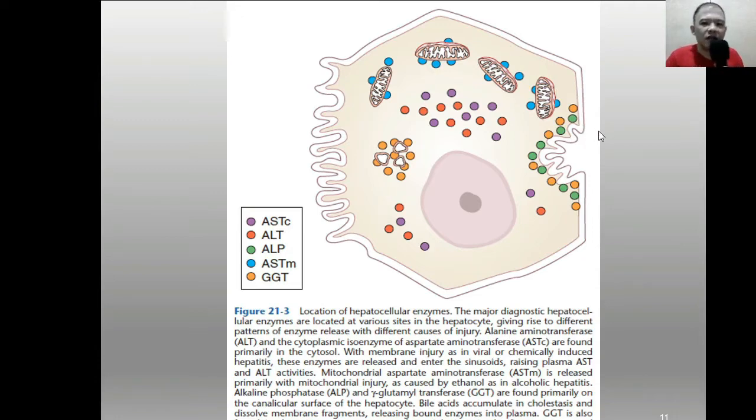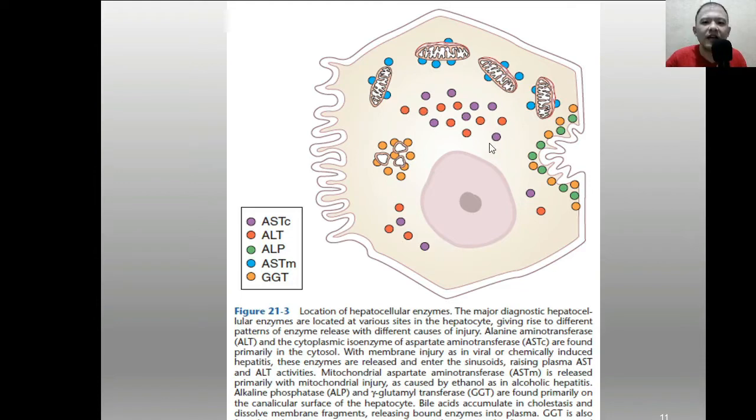So you see different colors here. So the one in violet is AST. We have two sources of AST. It's found in the cytosol, and it's also found in the mitochondria, okay, the one in blue. The one in red is ALT, okay, ALT. So alanine